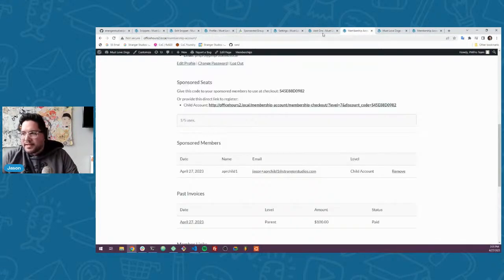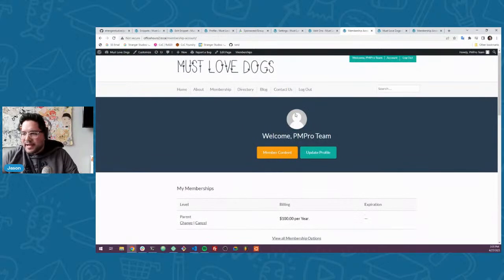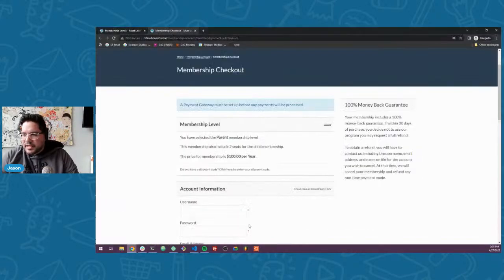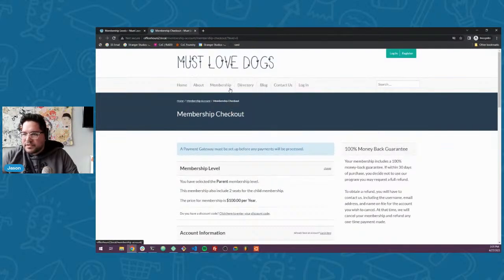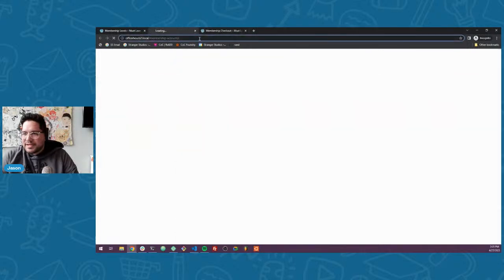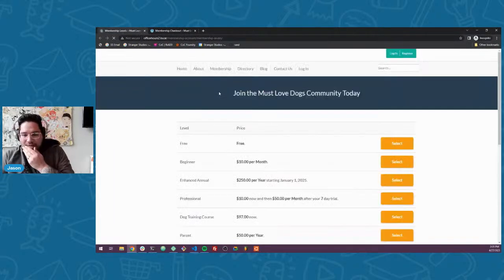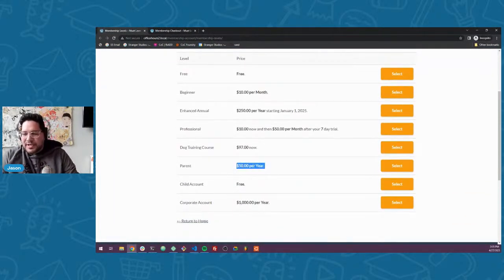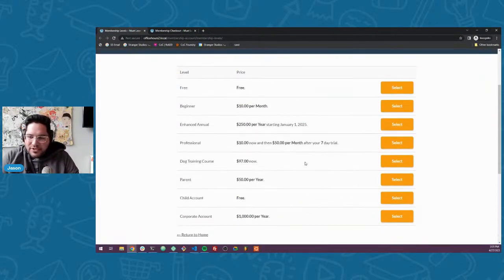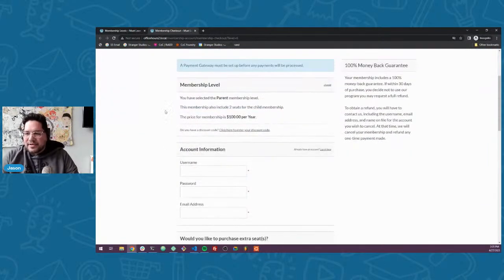Because you'll notice, and there are different ways around this, but let me get back to the pricing page. I need to just put a link to this page here. It says $50 per year here, but that's confusing. So there's a couple ways around it. One is you don't have to use our default pricing table. You can get rid of this and put in your own HTML and copy with your own button and your own description of the price. But then again, it says it here too. So when I refresh,